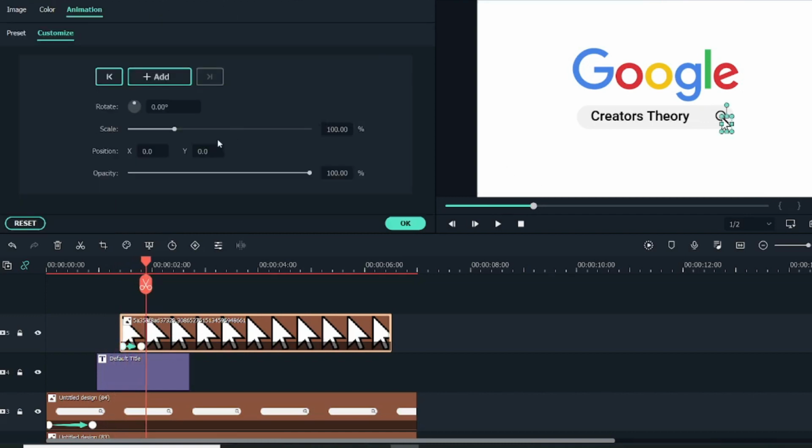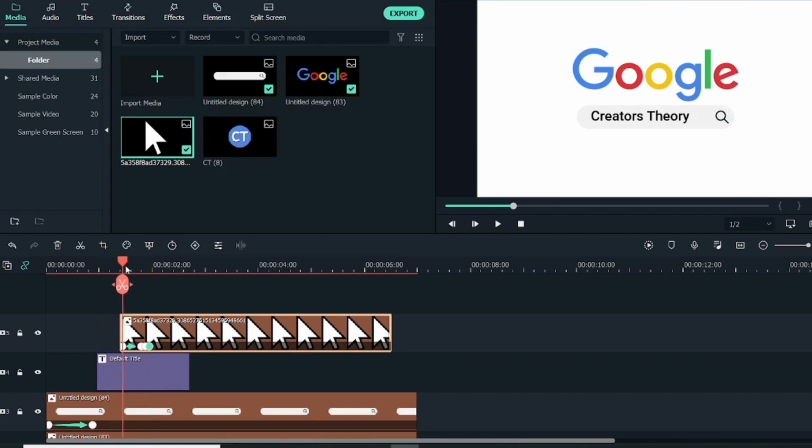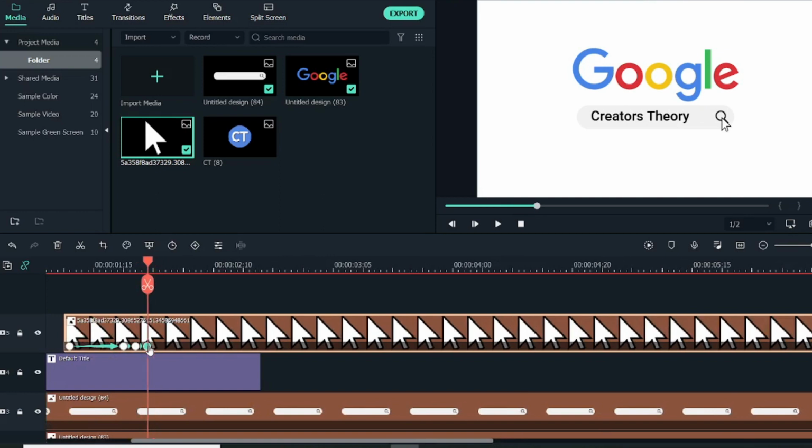I will double click on it, and I will decrease the scale to 90. I will go 2 frames ahead and again make it 100. So now if you click, now if you see, you will be able to see a click animation over here. So if you want, you can increase the frame time, and so you will be able to see the click animation more clearly. So once it is done, what we'll do, let me just decrease this,